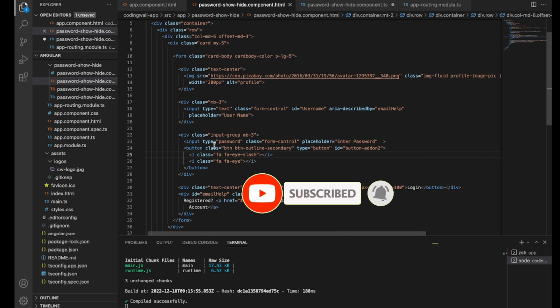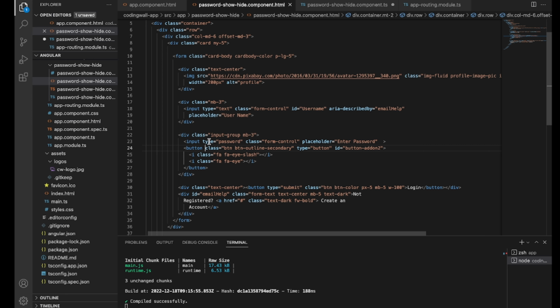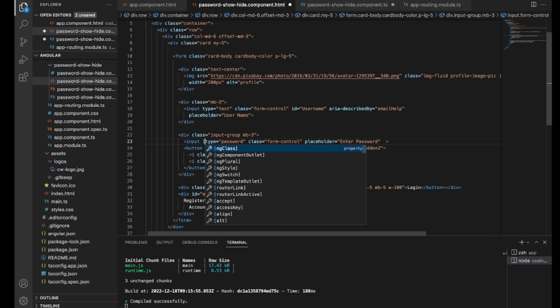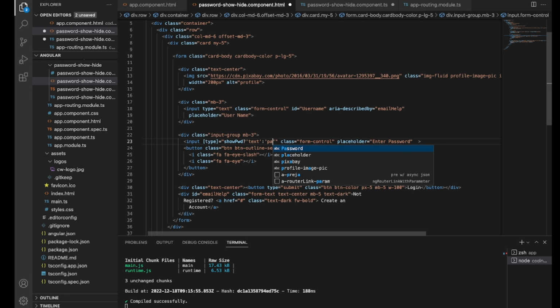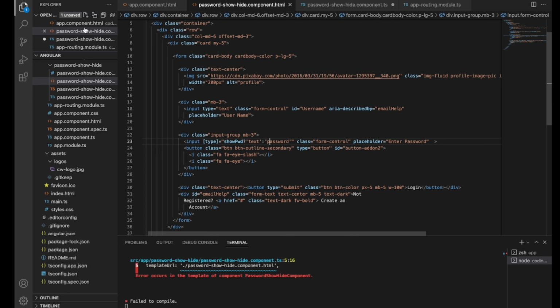Again, we need to take the type. We need to remove this type, which is password. For that, we need to bind the type, remove this, and write the show password condition. If show password is true, then the type is text, otherwise it should be password. We are just changing this: if it is true, then it's text, and if it is not true, then it is password. So if we save this,